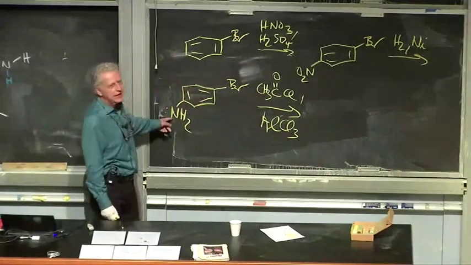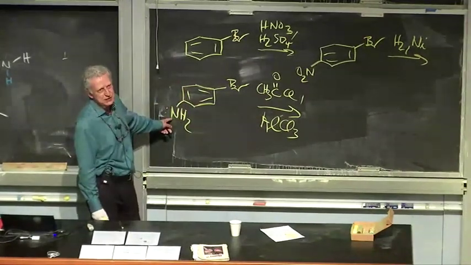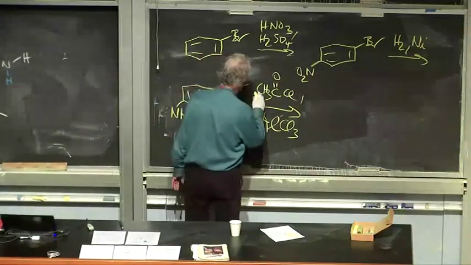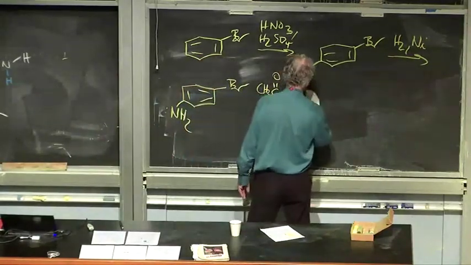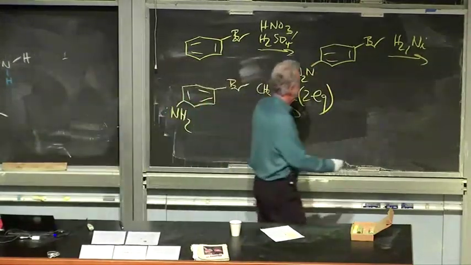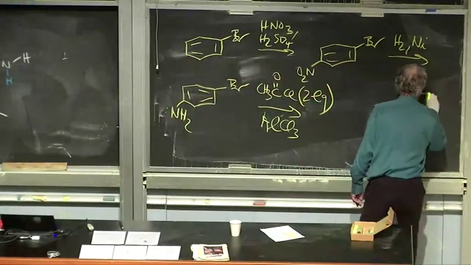Not to worry. That means that in this process, we're going to make the acetamide of this nitrogen, which we can later on hydrolyze. So that's not a problem. In fact, the acetamide is a form of protected amine. So what we need to have, however, is 2 equivalents of this, because the first equivalent will be mopped up by the amine to make the corresponding amide. The second equivalent will do the electrophilic aromatic substitution.